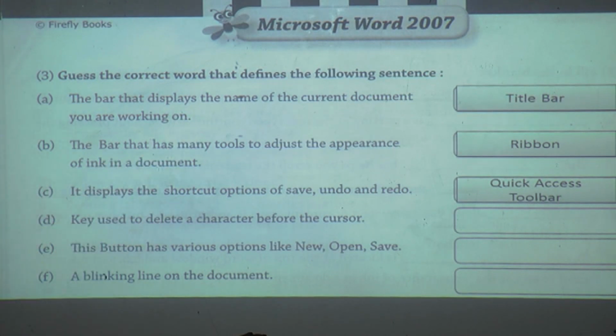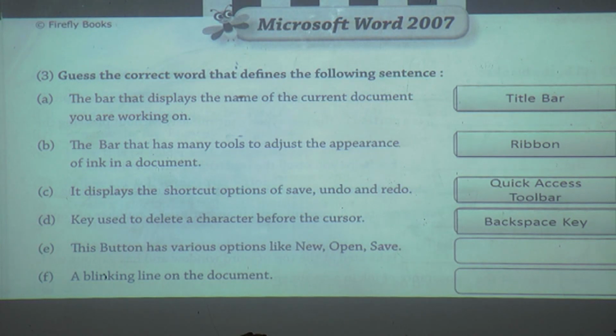Then which key is useful for erasing this? Yes, it is backspace. Backspace key.